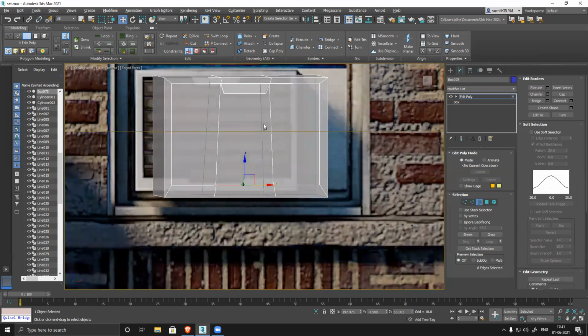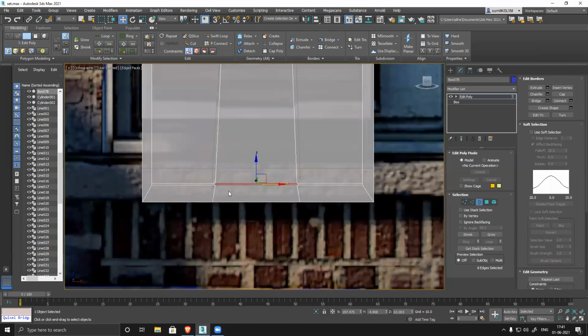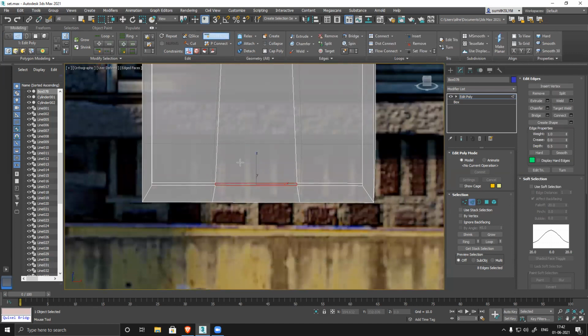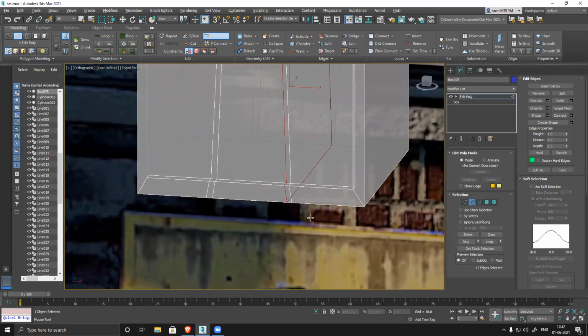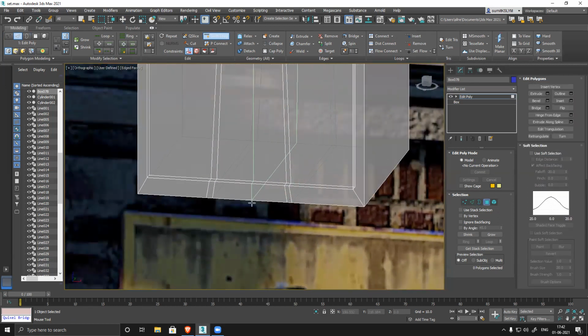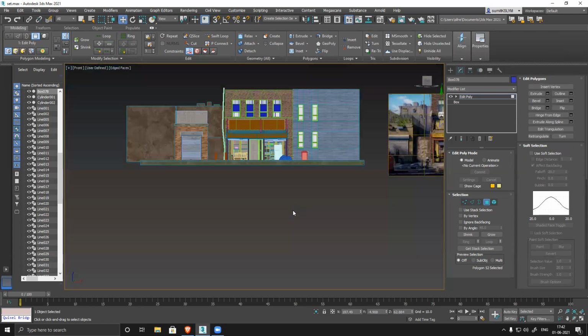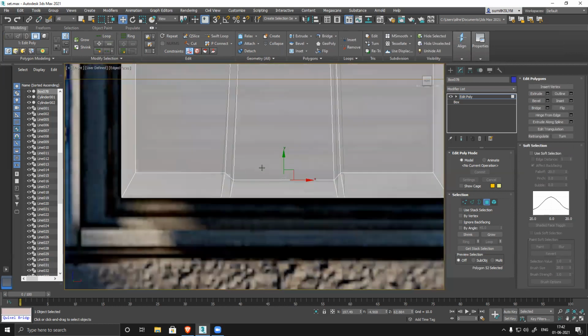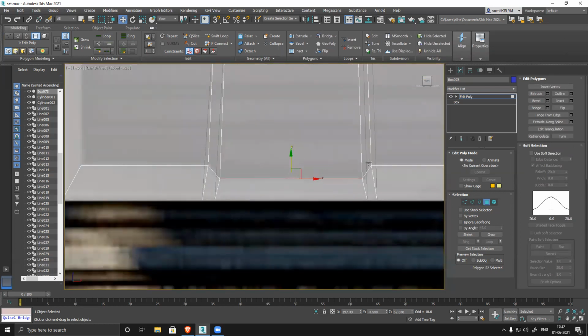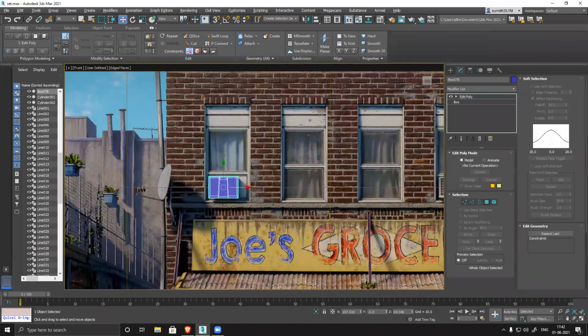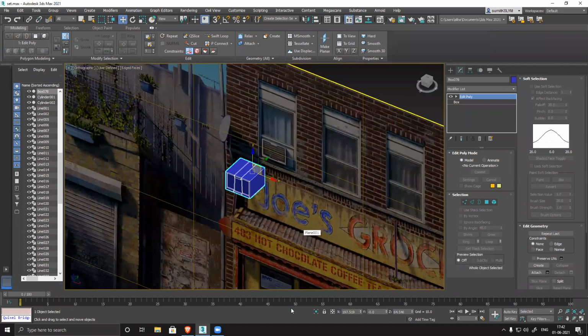Now here it's going slightly down, exactly reverse of this. So to do that, I can go to Swift loop. I need one loop here and one loop here to hold the shape. Otherwise, I won't be able to hold the shape and move it down. You can see it creates this angle. Now, see, it matches with the surface. Alt X. And this is my model.